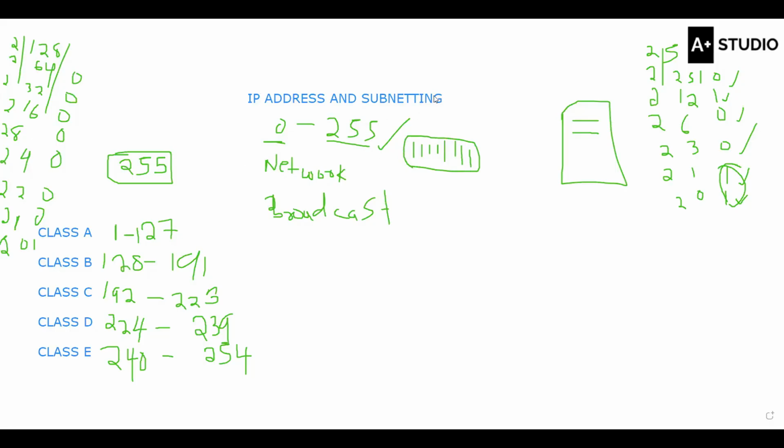Yes. Okay. Please, can you retouch on the network address? Okay, on the network address. I'm saying in the IP addresses, the first address, starting from 0 to 255, the first IP address is used as a network address to identify that this is